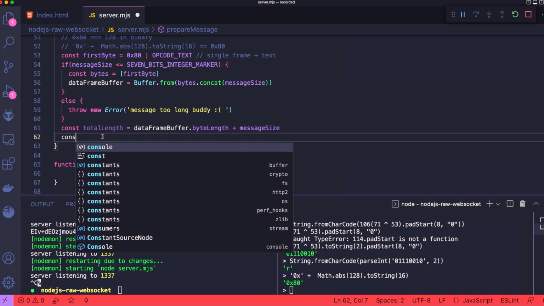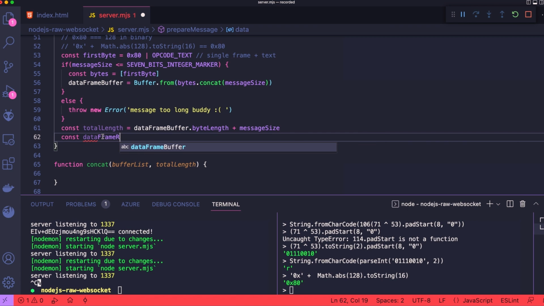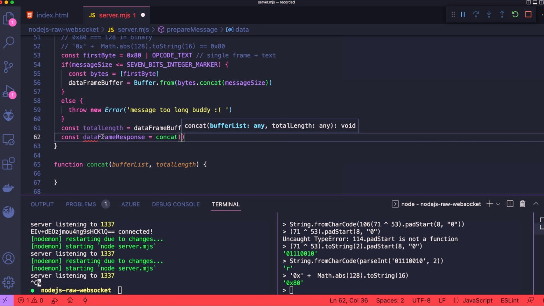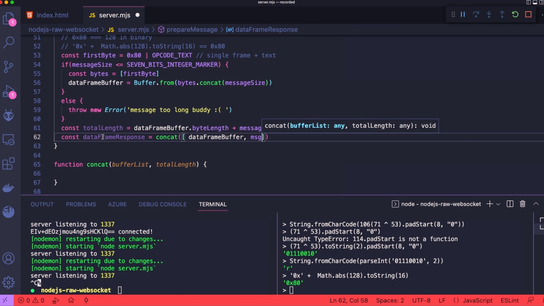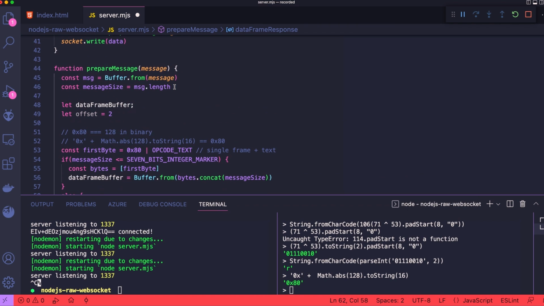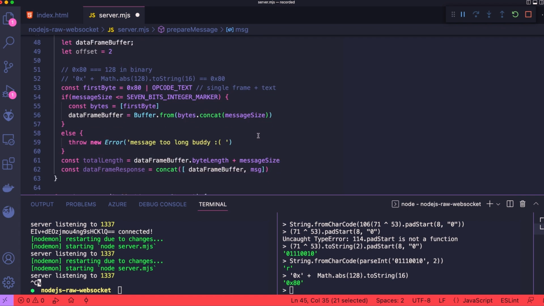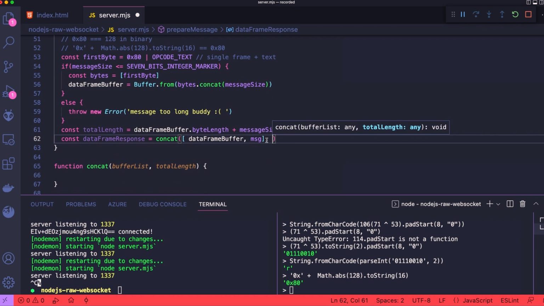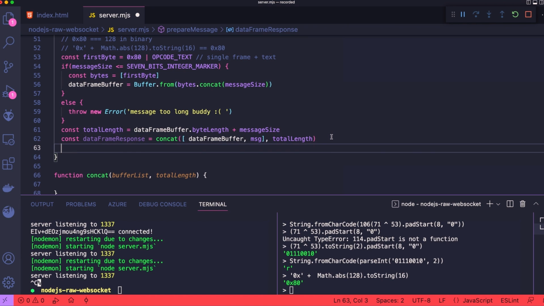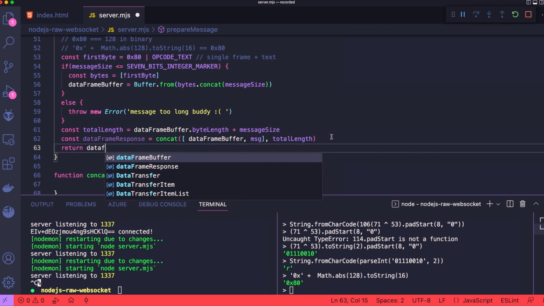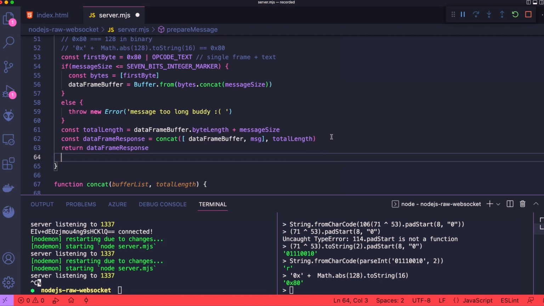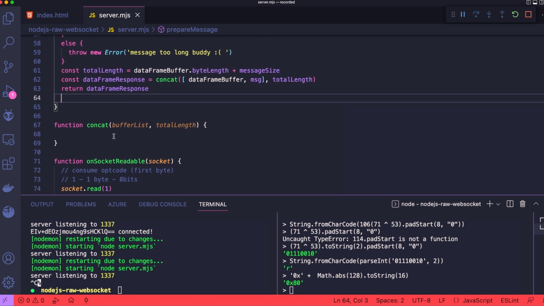From now on, we're gonna have the data frame response from our concat. So the list will be the data framer and then the message, right? Why this message? Because this message is actually a buffer. Nice. And then the total length. Perfect. After it, I will return the data frame response, and then we can keep working on our concat function,